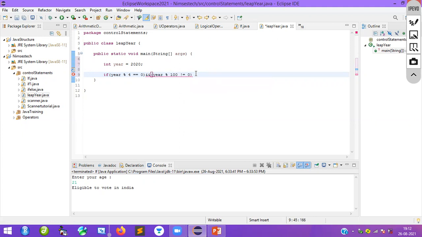Again, one more condition I will place here. Or, guys, use the pipeline. I told you, right, divide by 100. So here, year modulus of 400, that equal to 0. That's it. This is the condition. Clear everyone? Guys, tell me if you are clear. Understood everyone? So we have taken the year, and again we have taken or year. That's it, nothing else. The year is nothing but 2020. You can see this one.